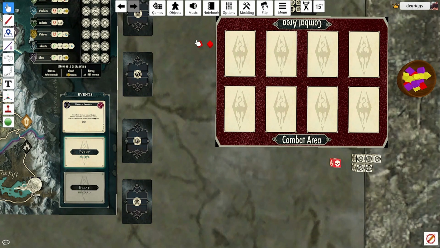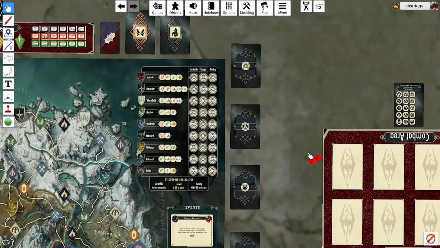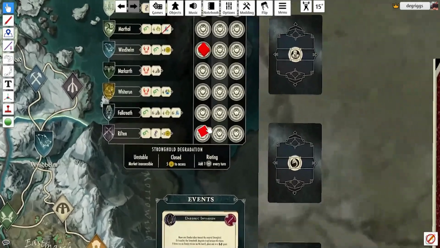So let's do this. We have to degrade Riften. So what we'll do is we'll cover up one of these. Boop. And it said degrade one other one. So I never liked Windhelm, to be honest with you. Let's go with that. And so what that means, if you look here,